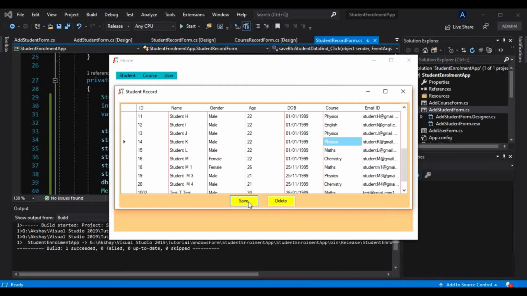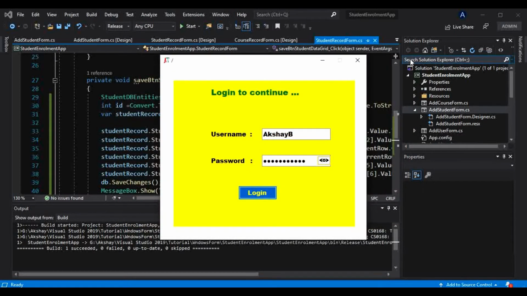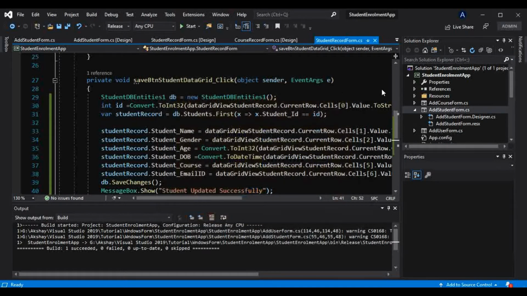So for that we have to fire some different event. Okay, so now before that let me show you something. If I go to this ID, you will notice we cannot edit this ID. Only name, gender, age, all these things we can edit here, but not the ID. And why? Because we should not be able to edit this ID. That ID should be unique. On that ID only we are fetching that record from the database, and on that ID's record we want to change these things, we want to update these things. So that is why. So now what I want to do is, whenever I come out of that edit mode, I want to disable that button again.